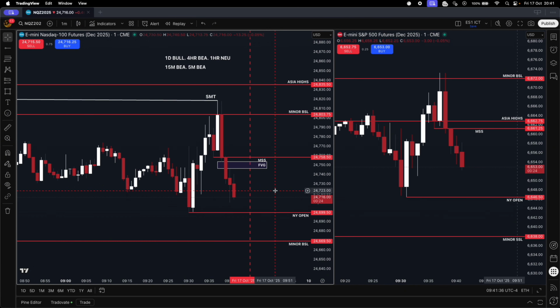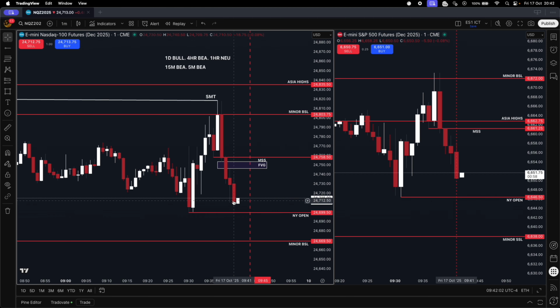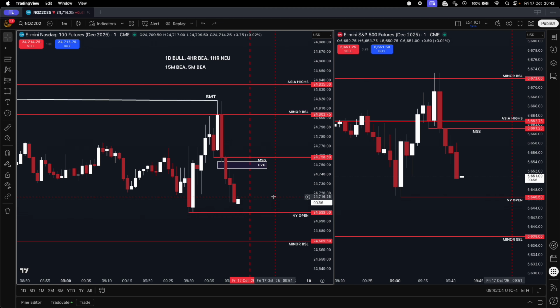Why is the New York Open the draw? Well, it's not essentially the overall draw on the trade, but it is the first draw. And if the New York Open gets taken, I take it as a point of sell side. Now, when we're taking shorts, we do not want to see a sweep of sell side against the trade. We want to see a sweep of buy side supporting shorts, a sweep of sell side supporting longs. So a sweep of the New York Open is going against the trade. So, you know, that's why I said 70% chance price will just draw and take it out.